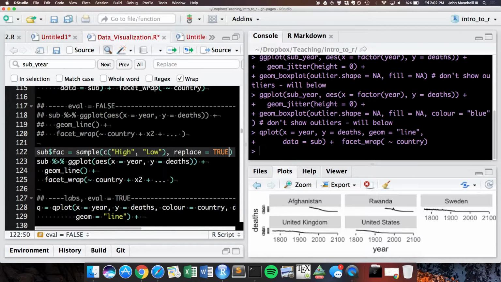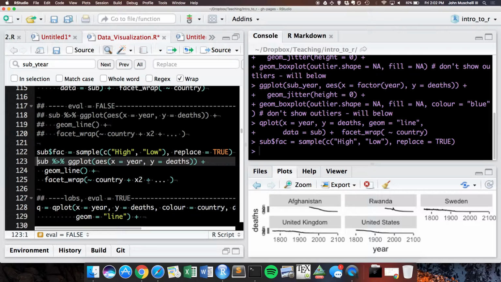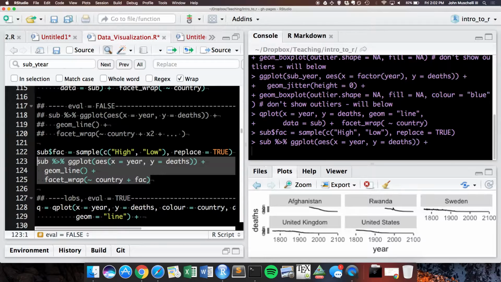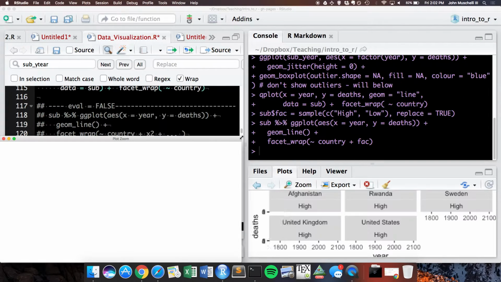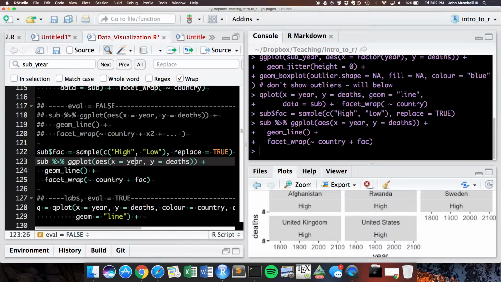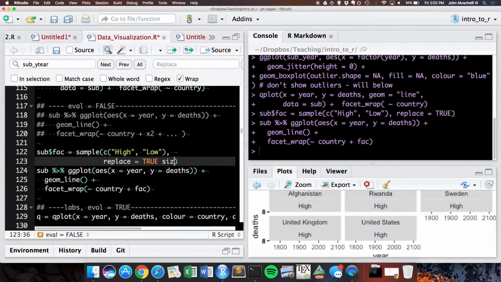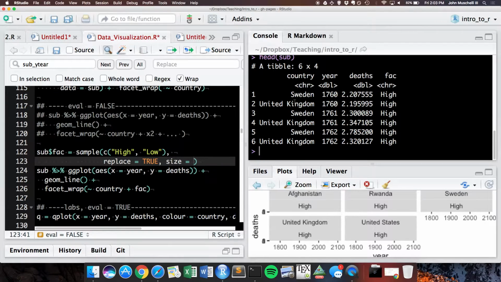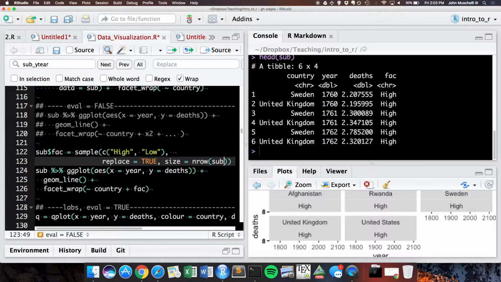Replace string. Okay. Give me 1 second. Size equals, yeah, let's do this size length sub or nrow sub. So I'm just putting